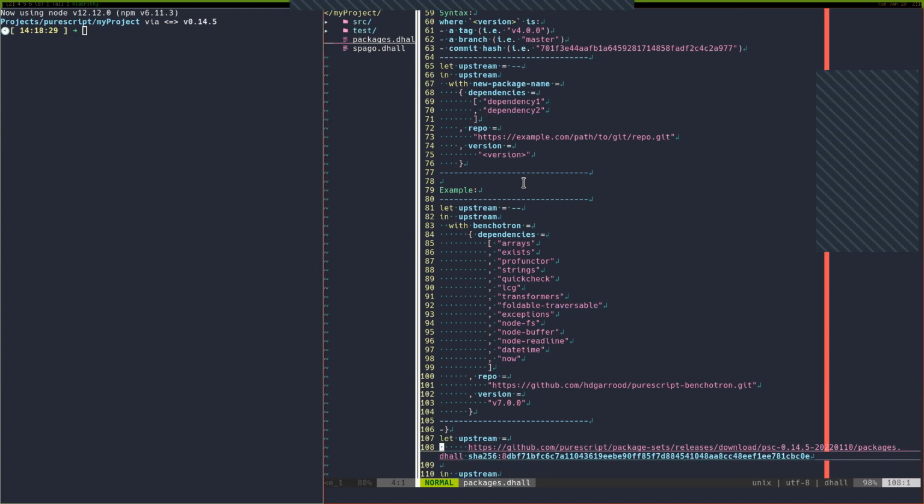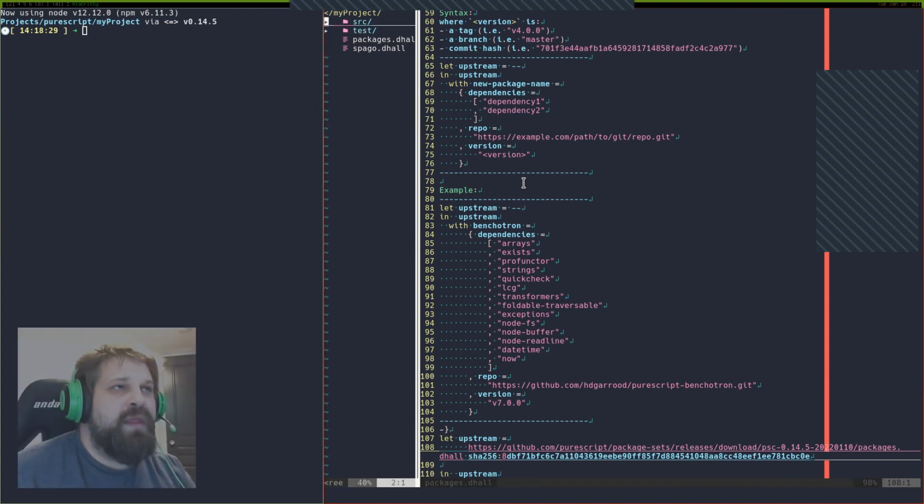Here we're actually linking to an upstream package set, and we can add overrides and additions to that package set as well. So if you want a particular version of a package or a package that's unlisted, you can specify that all in Dhall.